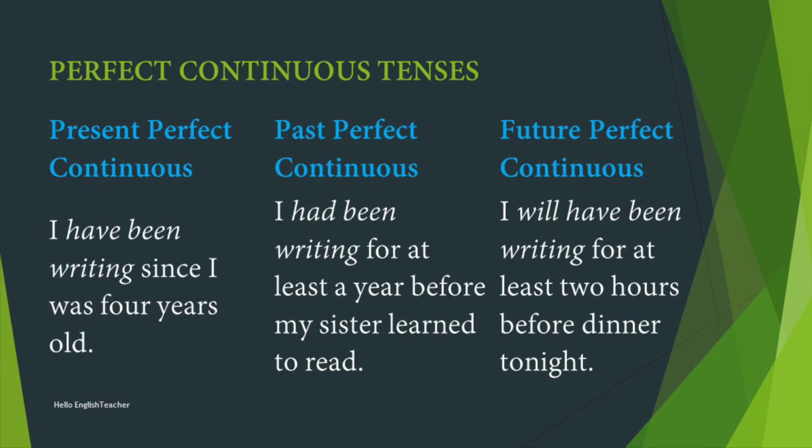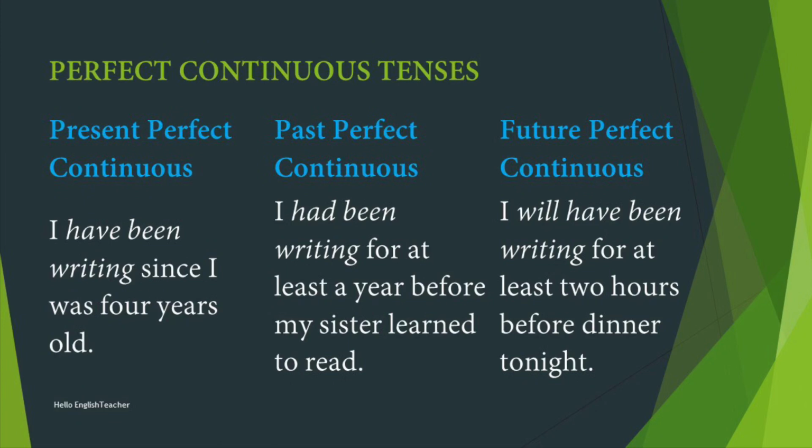So, what is this present perfect continuous tense? This tense is used to show an action that started in the past and has continued up to the present moment. The present perfect continuous usually emphasizes the duration or the amount of time the action has been taking place. For example, you have been waiting here for 2 hours. So, have been waiting is the present perfect continuous form.